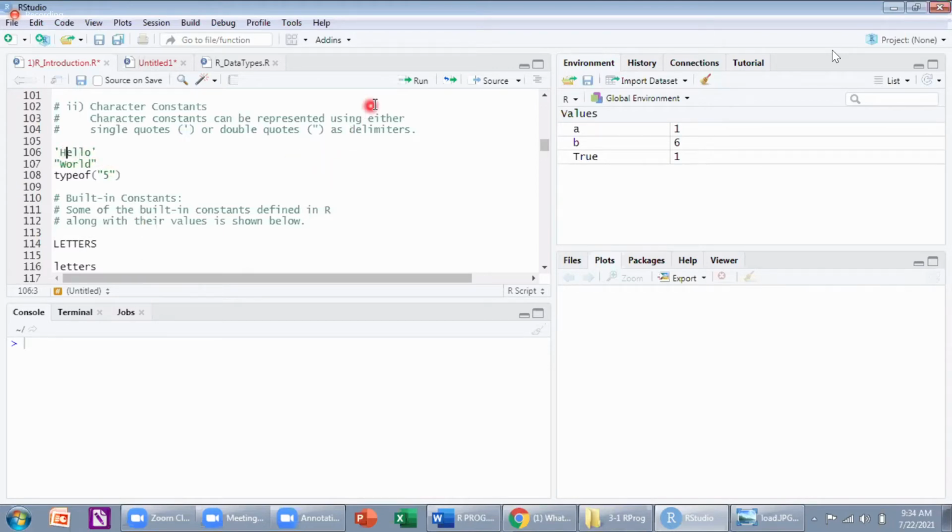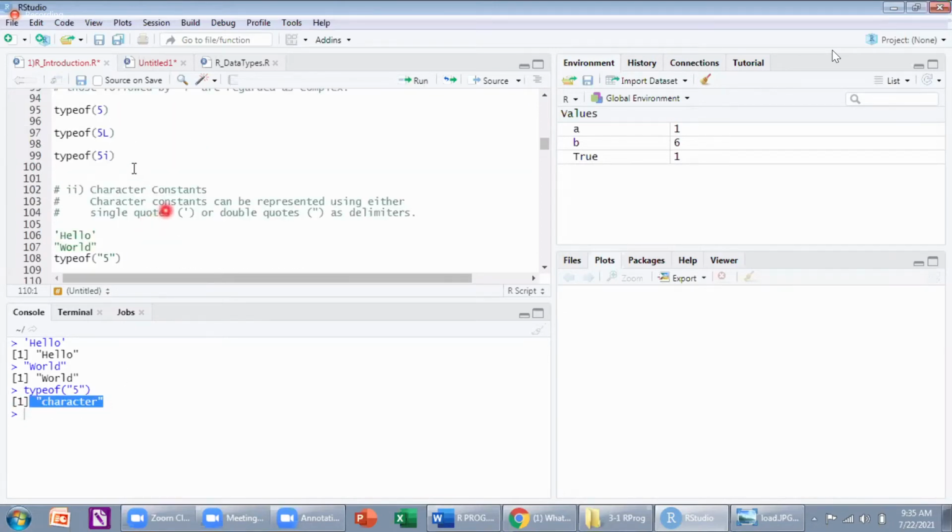Okay, we'll run this. Hello. Successfully run. Next word done. Now tell me, what is the type of 5? Double. What is the difference? This is not in single quotes now. Type of 5, this one is double. But here I am giving it in double quotes, no? See the difference.